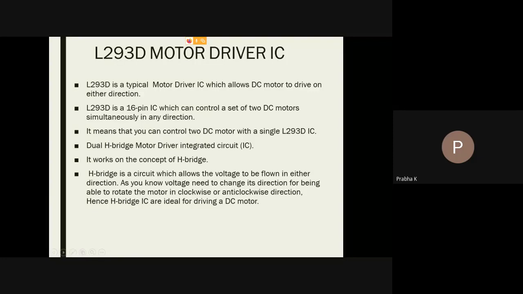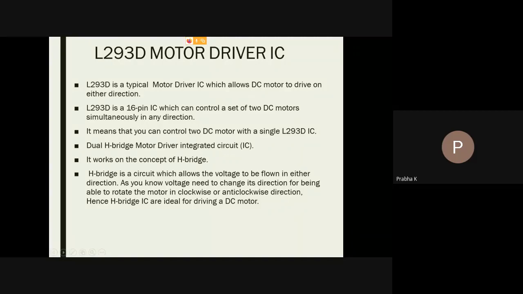I can make one motor rotate clockwise, whereas the second motor can be rotated counterclockwise. Using this motor driver IC, 2 DC motors are controlled. It is called a dual H-bridge motor driver IC. It works on the H-bridge concept. What is this H-bridge concept?